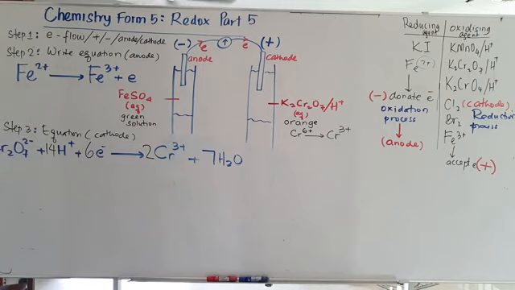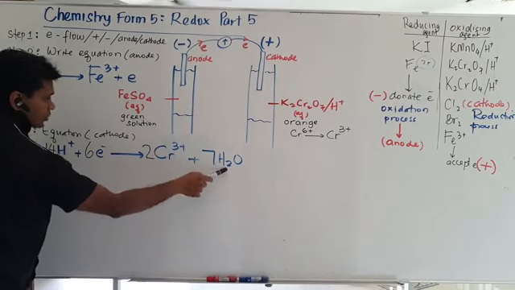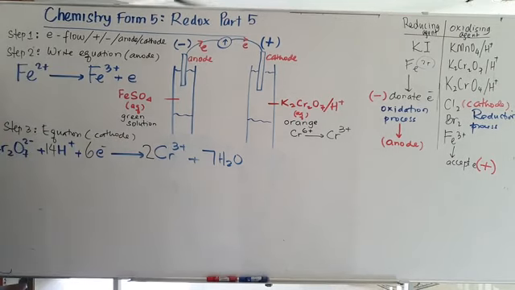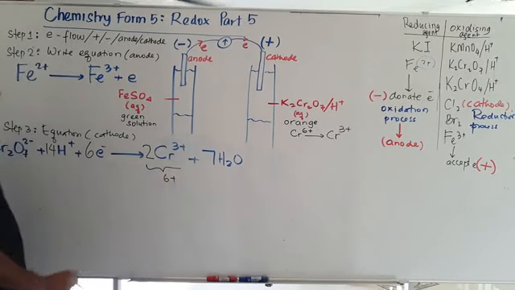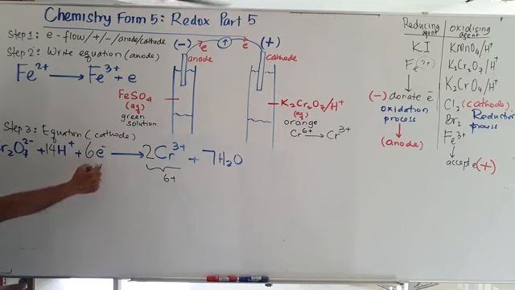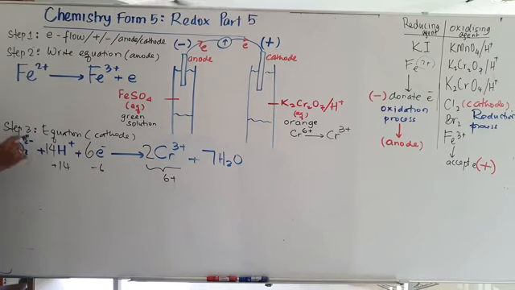Let's calculate and see. There are 2 chromium here. On the left-hand side is dichromate, so 2 chromium, oxygen 7, fine. Oxygen 7, hydrogen 14. Let's calculate the total charge. What's the total charge over here? 6 plus. This is 6 minus. This is 14 plus. And over here, take the total. Please don't times 7 times 2. It's not 7 times 2. This is the total. It's 2.